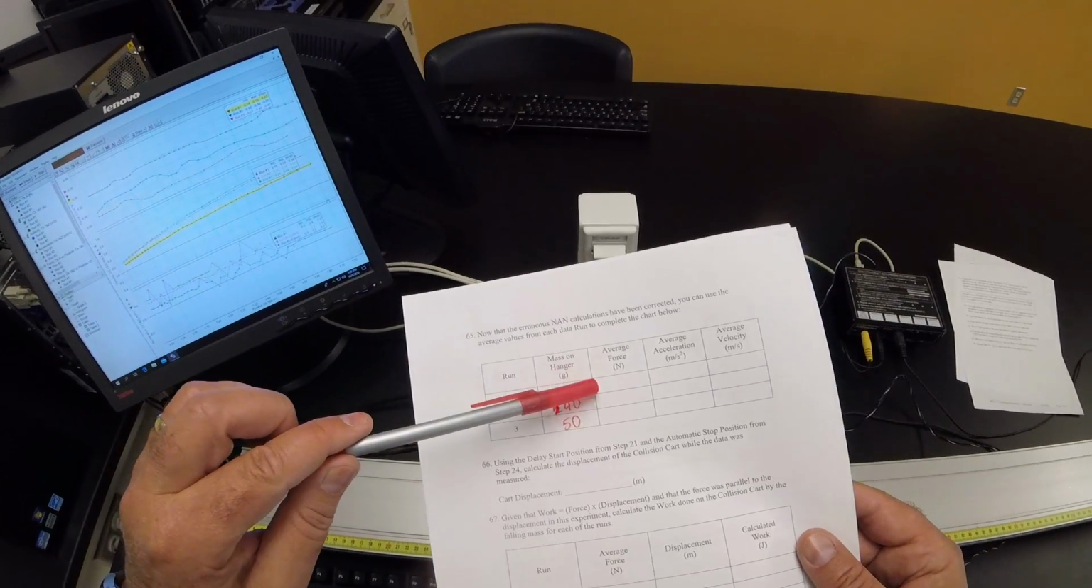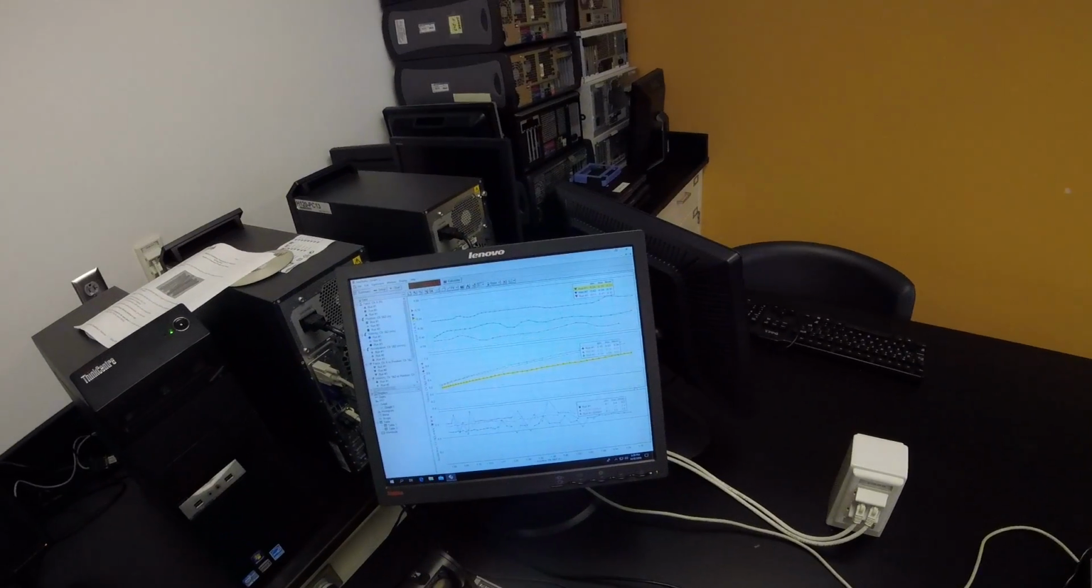And then this guy is 50 grams, mass on hanger. The average force, I need these 3 values, 1, 2, 3. I'm going to look at them. They are negative